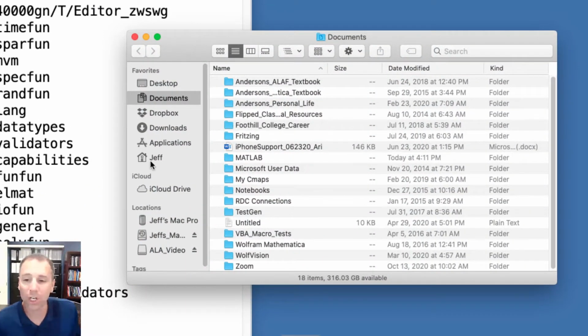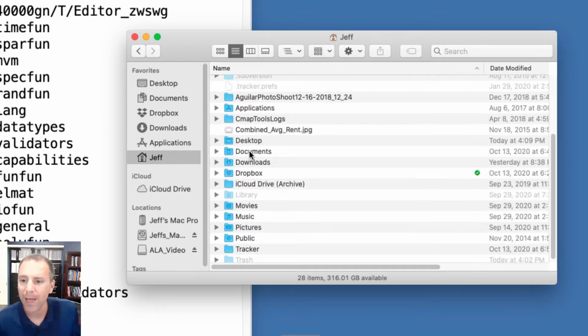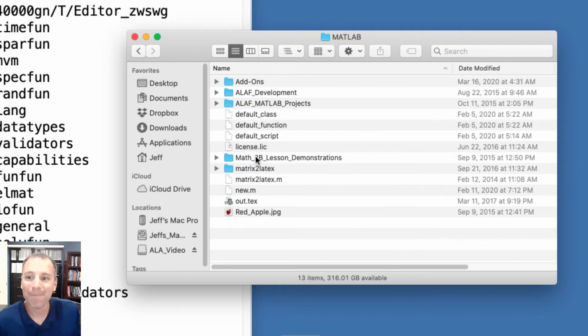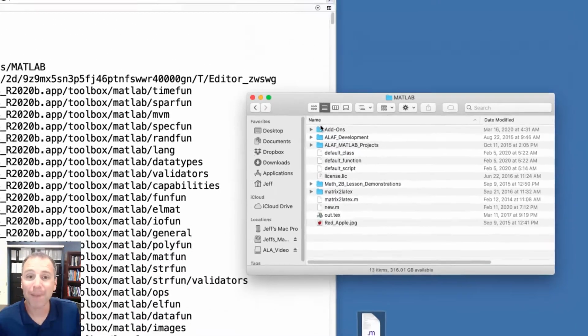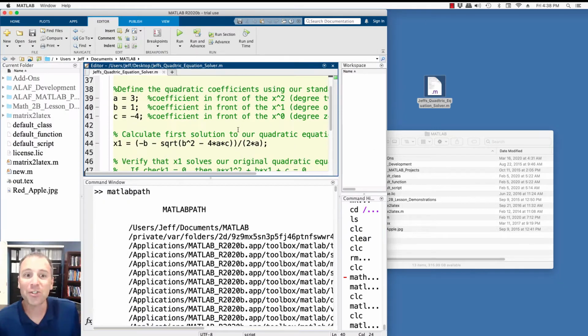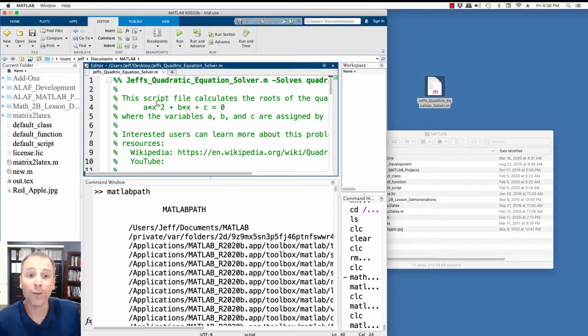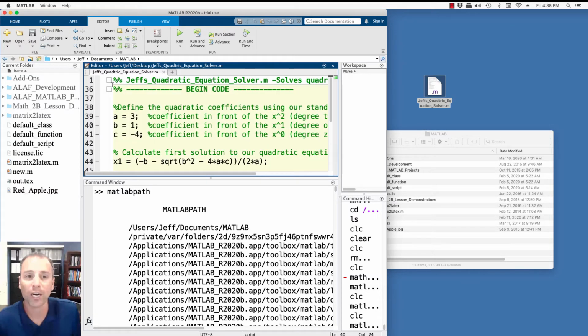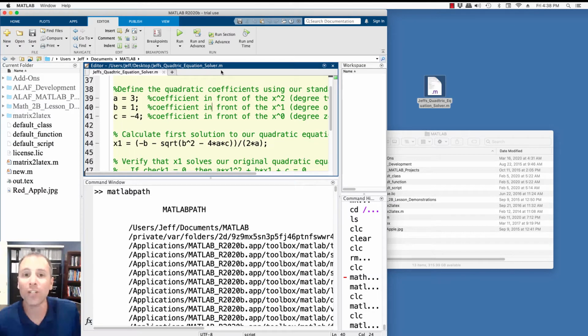We can actually see what that folder is. Let's go to Users. Here's Jeff. Then we go to Documents, then we go to MATLAB. So if I type any command, MATLAB's going to first look in that folder. So specifically, earlier in our life, we had worked with this quadratic equation solver. That's in a different video. This was a script that we wrote together in two different videos. One video focused on the code, the other focused on the actual documentation that solved quadratic equations.